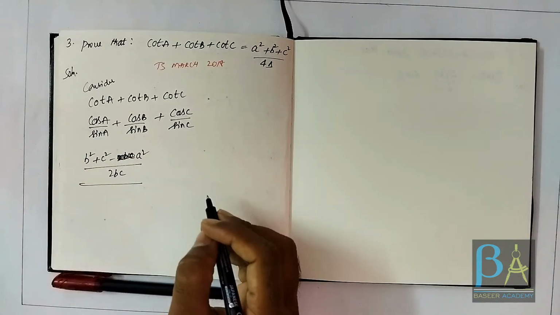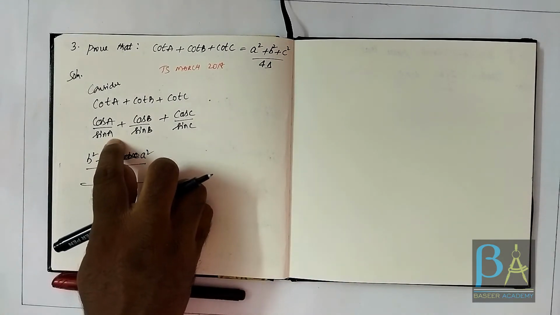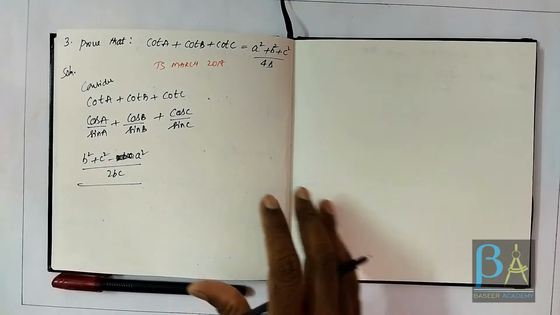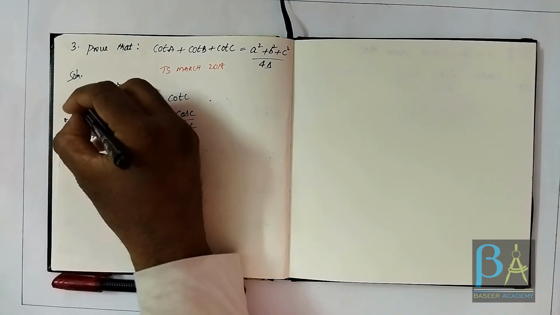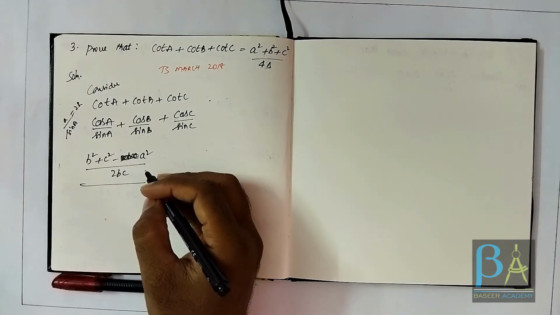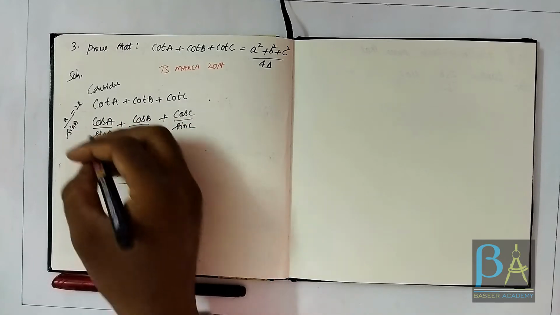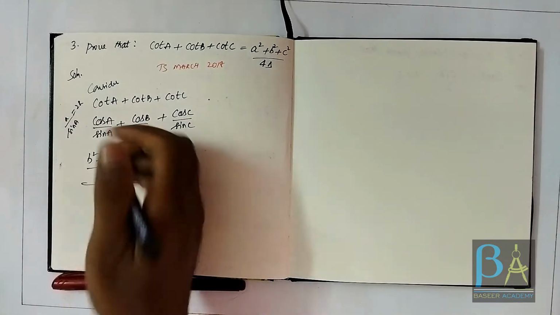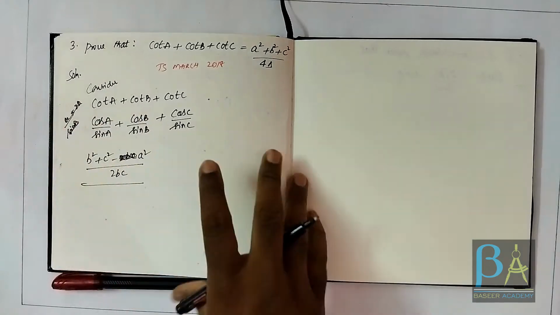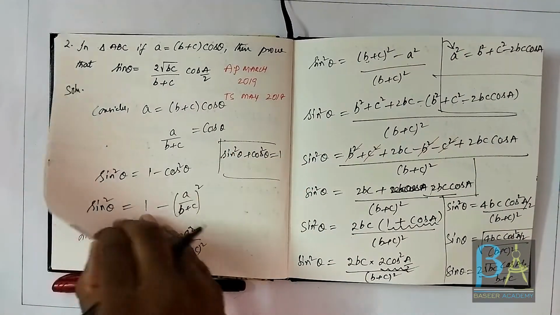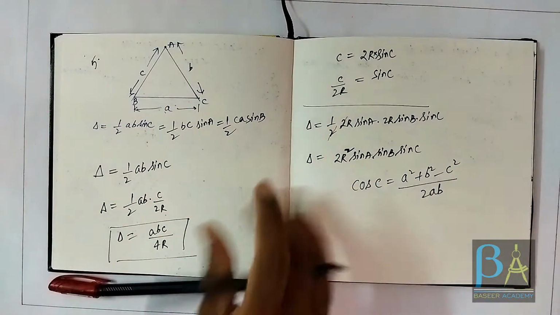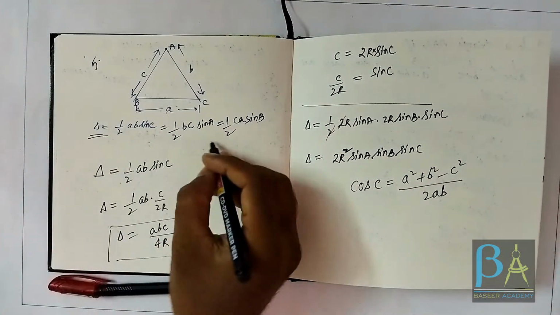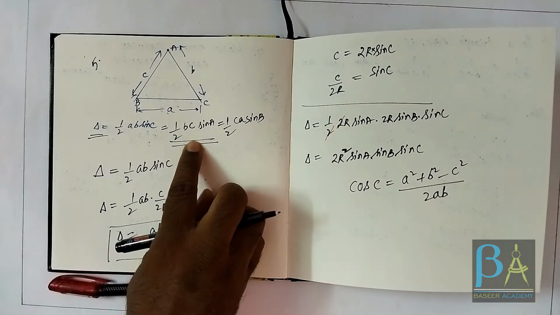And then sin A, I'm going to use the sine rule here. We all know that A by sin A is 2R, isn't it? Or else, instead of using this, since I want to get rid of this BC, let me try this. Let me use this one. Area of a triangle is half BC sin A. I'm sure you can recall this. So let us use this.